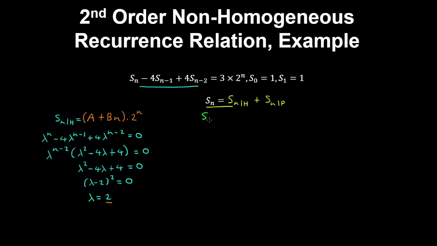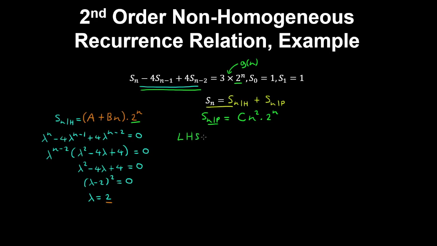And for the particular solution, we can see that 2 to the power of n appears in the homogeneous solution. So we assume a solution that has the same form as this function, but we multiply the constant by n squared, and that's multiplied by 2 to the n. And now if we substitute this in the left-hand side of the recurrence relation,